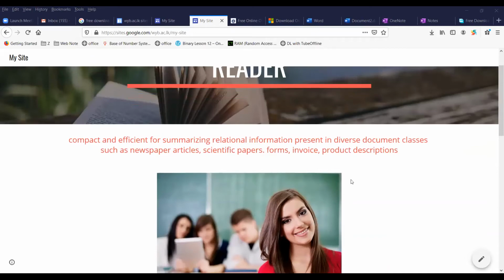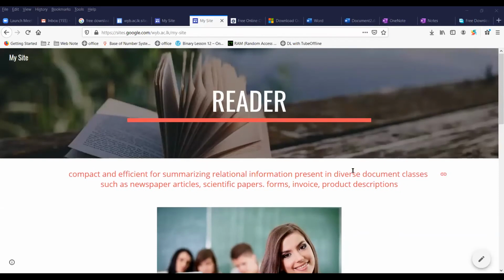Right, so like that, you can very easily create a website for an event that you can organize. So if you need to share some information with others, then again, you can very easily create a website. Okay, so what you have to do is just go to Google Sites and design the website and share it.